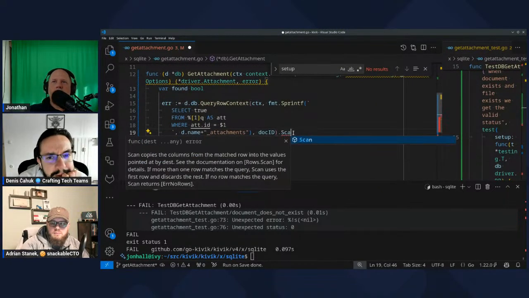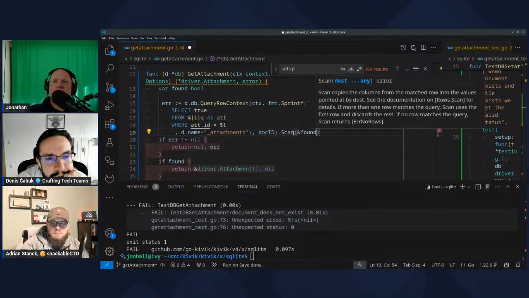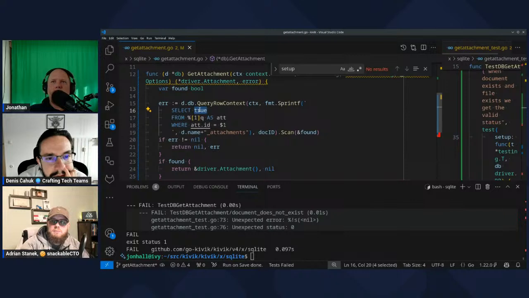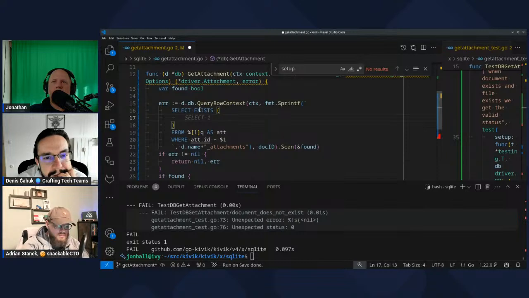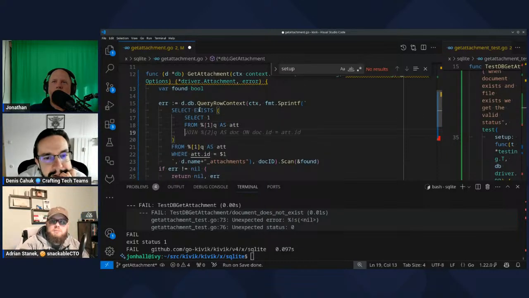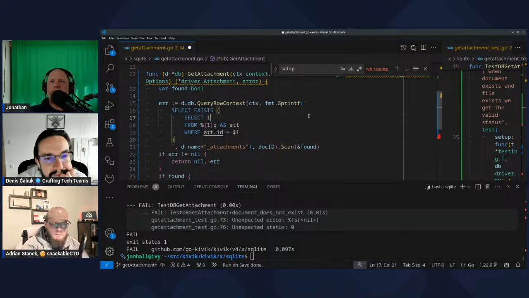Can you help me out here? What's select true from table name as attachment, where attachment.id, but I think it should be attachment.document ID, right? Are you sure? Let me look at the schema I've created.